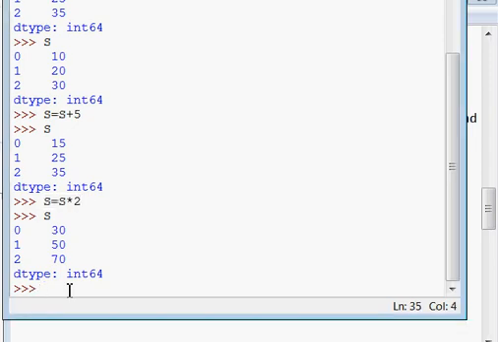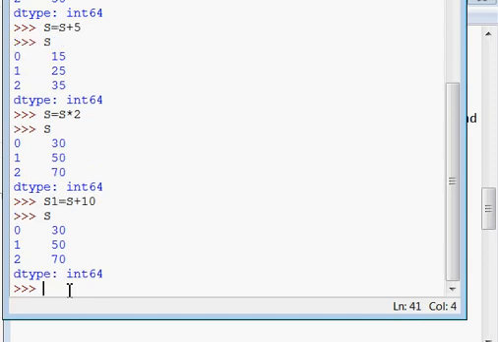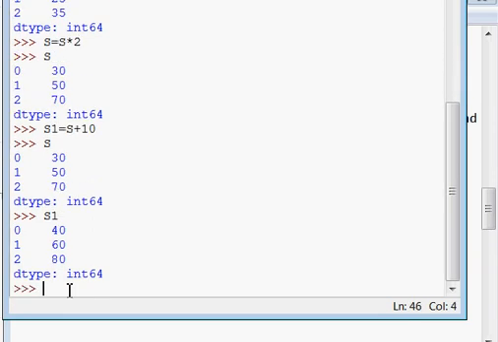And now if I say S1 equals S plus 10, you have two series now. One is S and another is S1 with these two values. You can create a new series, for example S2, by using these two.